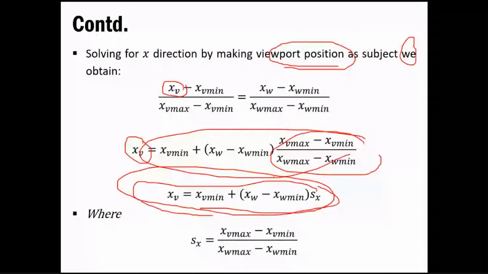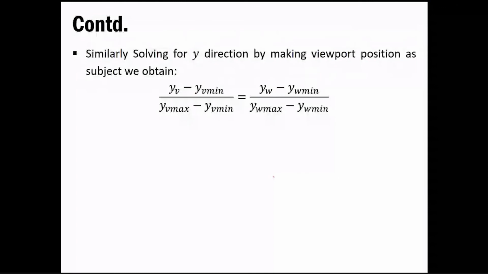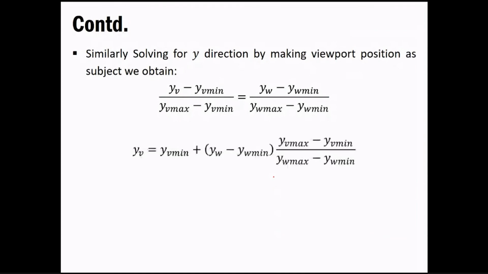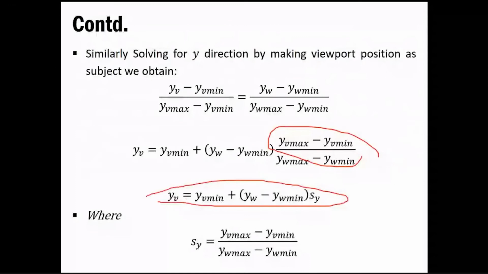Okay, similar thing is to be followed when we want to go in y direction. Okay, same thing that we have seen for the reflection or for shearing. Now we need to see this thing, but obviously because we want to map it out of the world coordinate to the viewport coordinate. Okay, similar thing is to be followed over here, keeping yv as a subject out of the given equation, and then what we try to put is we try to substitute sy with this thing. Okay, that is over here, and that is what we get if we want to go in the y direction. Okay, and that is what it says. So once we have all of this form, we'll be using it in our clipping algorithm.